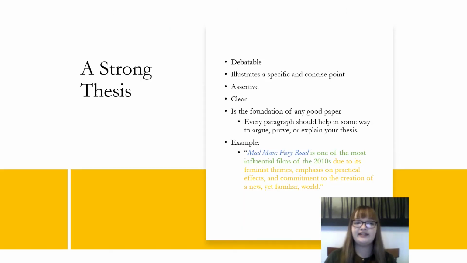A strong thesis statement will be debatable, illustrate a specific and concise point, be assertive, clear, and is the foundation of any good paper. Every paragraph in your paper should help in some way to argue, prove, or explain your thesis. An example of a strong thesis statement is: Mad Max: Fury Road is one of the most influential films of the 2010s due to its feminist themes, emphasis on practical effects, and commitment to the creation of a new